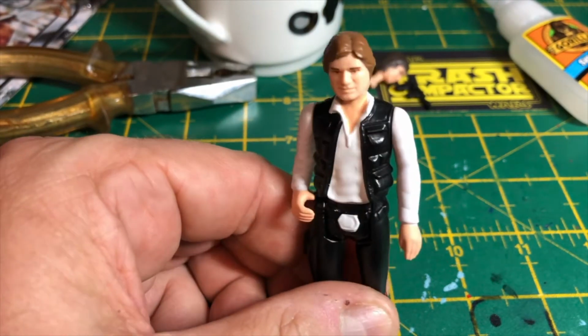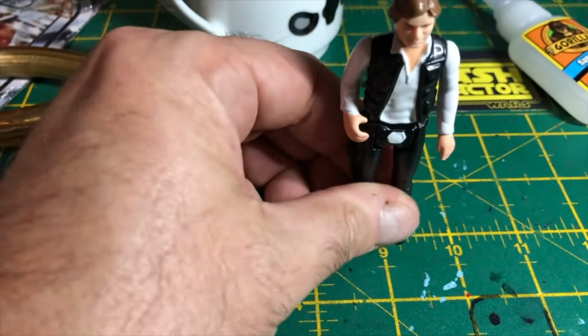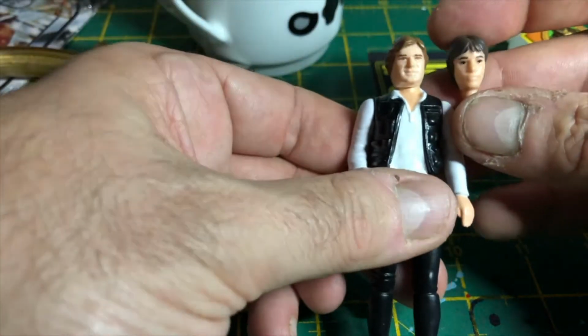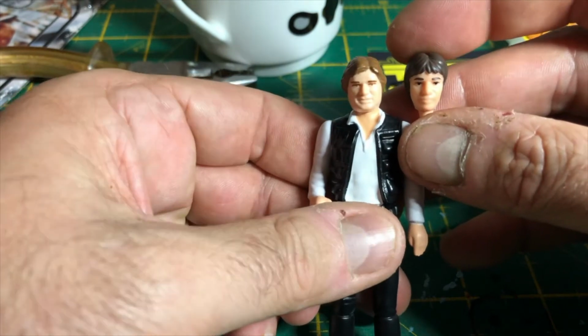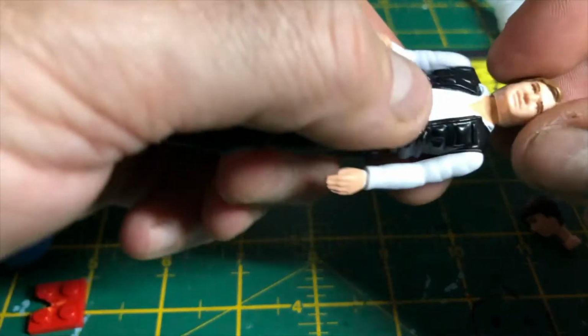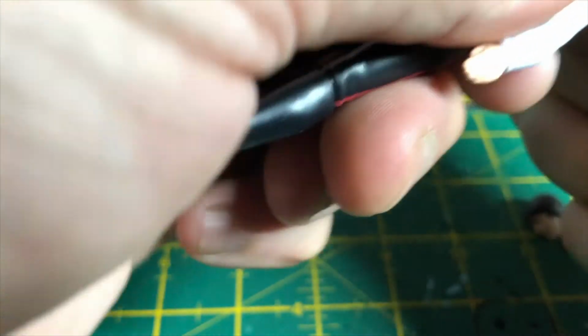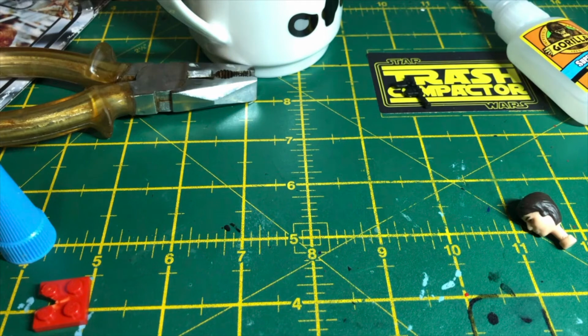You could paint his trousers blue if you wanted to take it a bit further and make it your ultimate Han, but I like the black outfit. I like the retro, the vintage figure, the red stripes down the trousers, so it's just quite nice putting the Endor Han head onto the retro body. So I'm just going to take the head off,